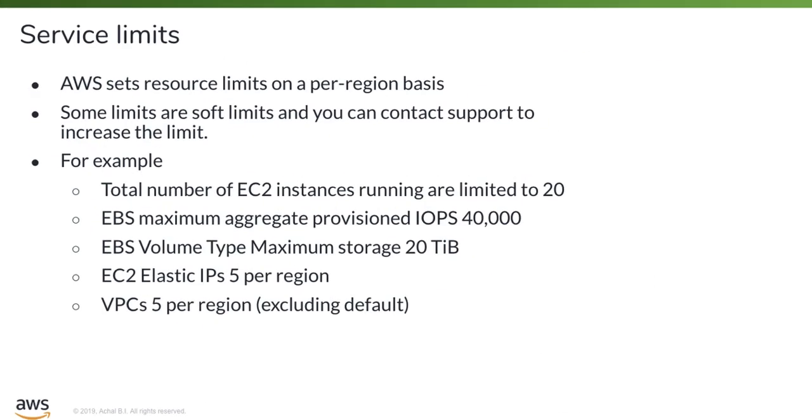So there are certain service limits to it. AWS sets resource limits on a per region basis. Some limits are soft limits, so you can contact AWS and increase those limits. There is a limit of 20 EC2 instances at max that you can run. Hence, you can have aggregated provisioned IOPS of 40,000. This 40,000 is spread across these 20 EC2 instances,